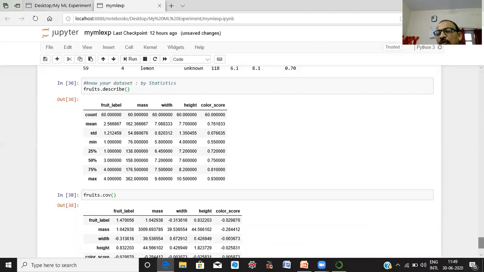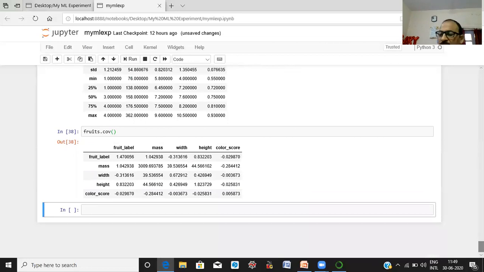Now, what does this command give? This method gives the covariance.